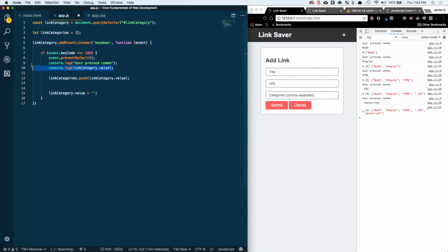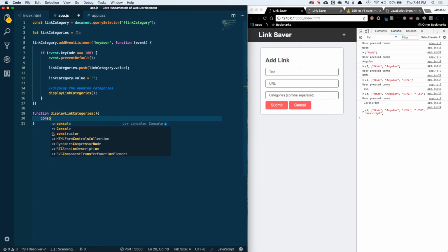I'm going to go ahead and strip out some of these console logs. We don't necessarily need them. There we go. And we're going to do one last thing. After we add it to the array and then clear out our value, I want to display the updated categories on our screen. So I'm going to call a function called displayLinkCategories, and then I'm going to define that down here. All right, so there's our function. And for right now, I just want a console log